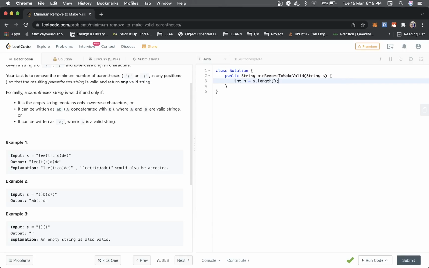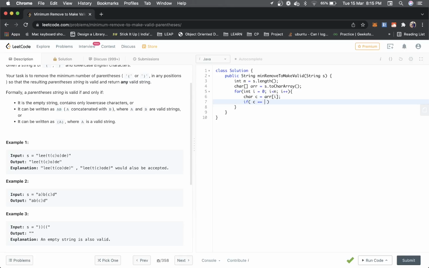Again we have to create a char array, s to char array. Then we traverse the string, and we have char c is equal to array dot i.